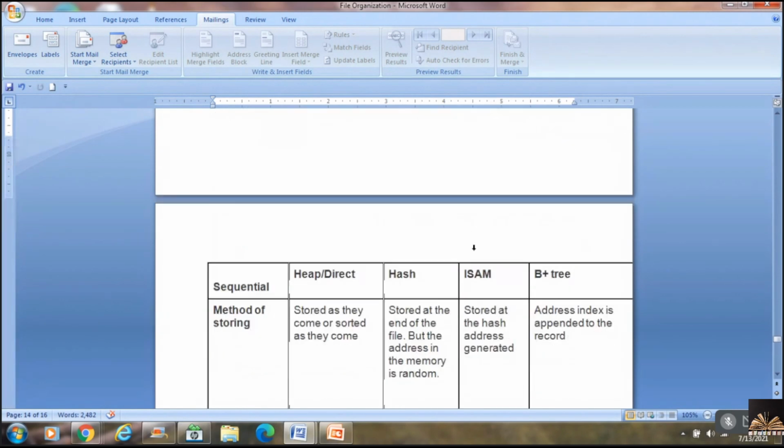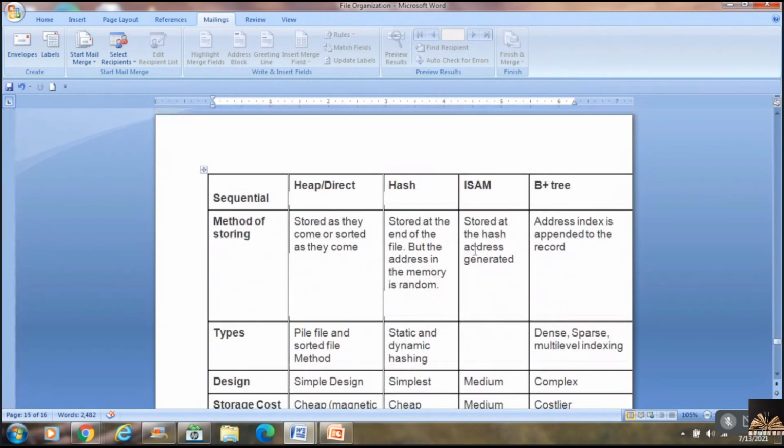And this is a comparison of the different file organizations we have studied. Hashing, ISAM, B plus tree. Because we aren't done with B plus tree and ISAM, I'm not covering this.